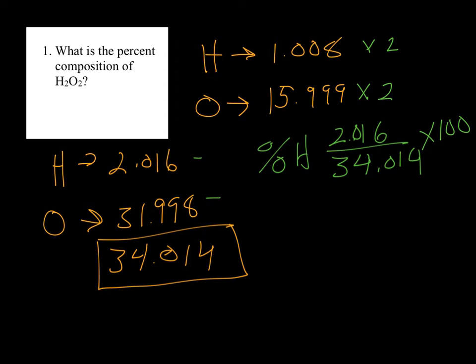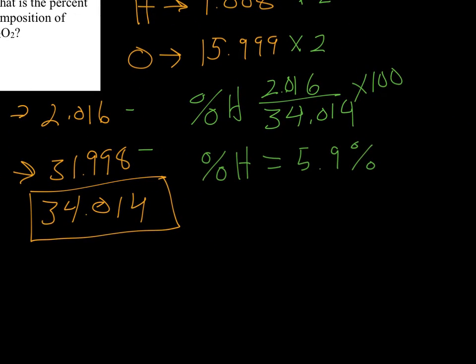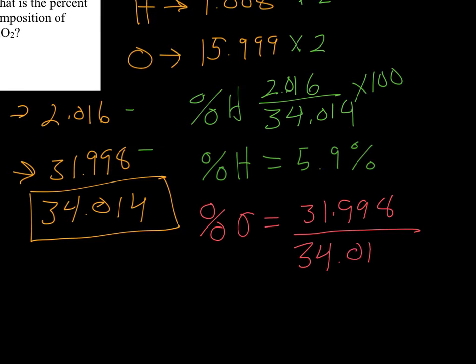And that gives me a percent of hydrogen that is equal to 5.9%. So when I then do the same thing with my oxygen, I'm going to take the total mass of my oxygen to get my percent oxygen. I take my total mass of 31.998 and divide by 34.014, and I multiply by 100 because it's a percent, giving me a percent of oxygen equal to